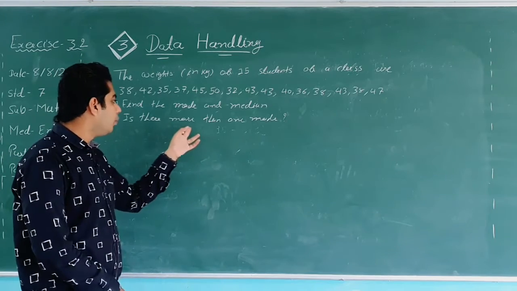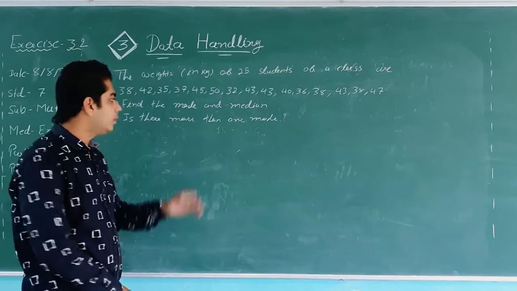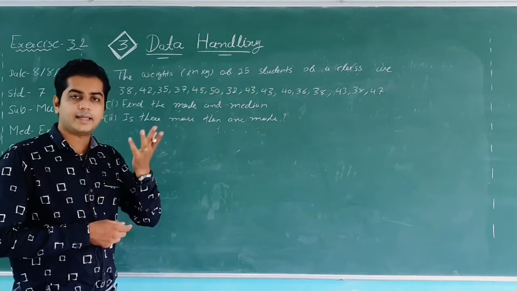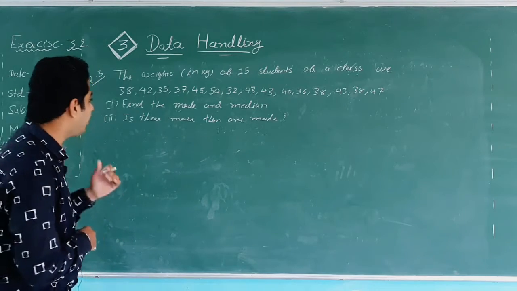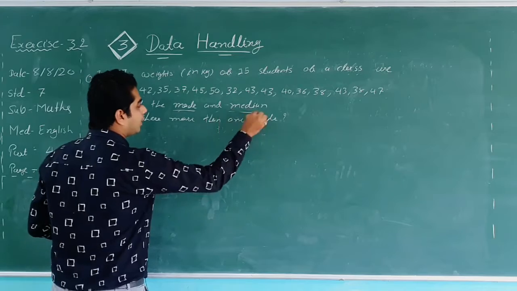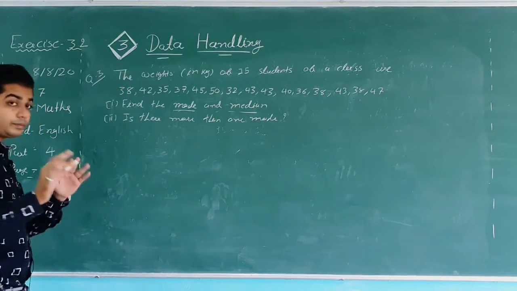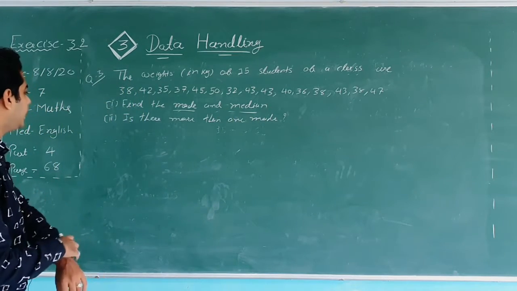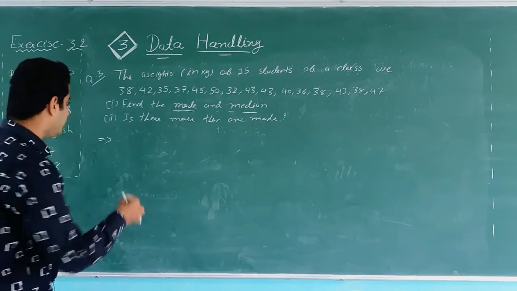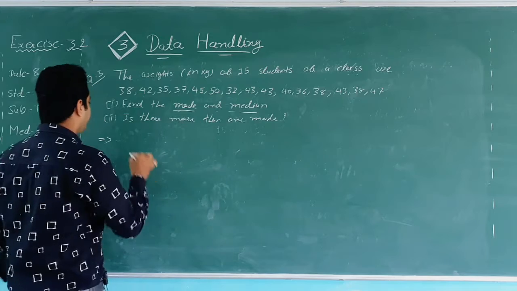Is there more than one mode? अब यहाँ पे क्वेश्चन नंबर 2 में ऐसा बोला गया कि मोड में आंसर एक से ज़्यादा आता है या एक से कम आता है। तो उसके लिए फर्स्ट ऑफ ऑल क्या फाइंड आउट करना पड़ेगा? मोड, और उसके बाद फाइंड आउट करेंगे मीडियन। सो यहाँ पे हम एक चीज़ सिंप्लीफाई करने के लिए क्या करेंगे? फर्स्ट ऑफ ऑल पूरे डेटा को असेंडिंग ऑर्डर में रख देंगे और असेंडिंग ऑर्डर में अरेंज करेंगे।